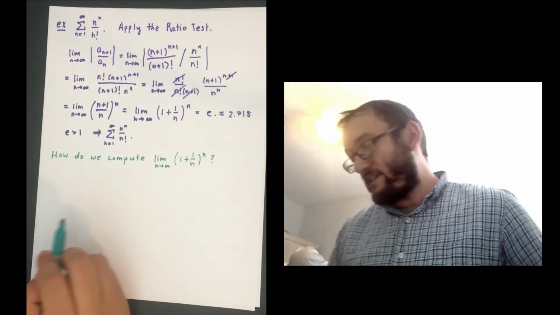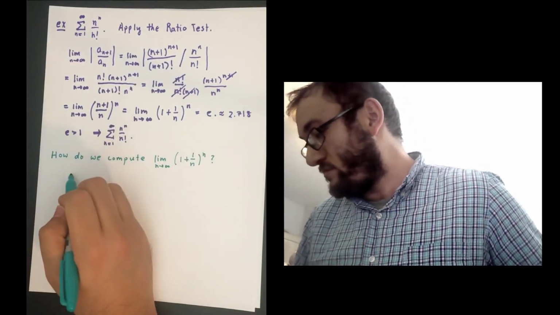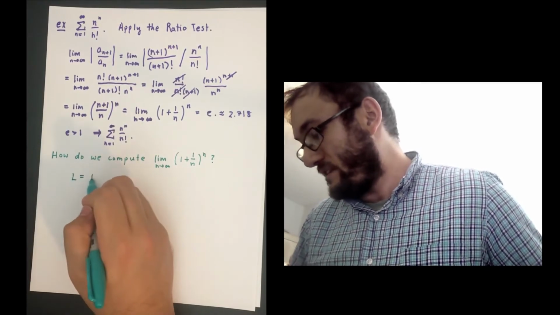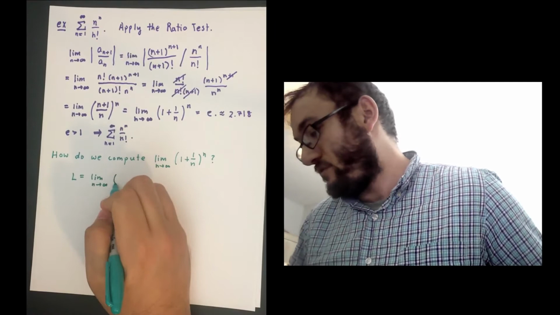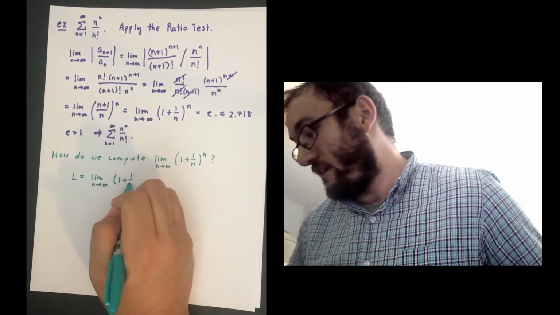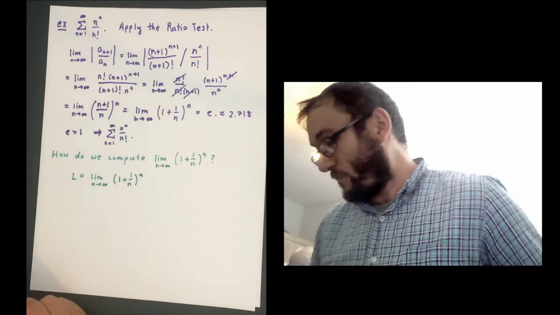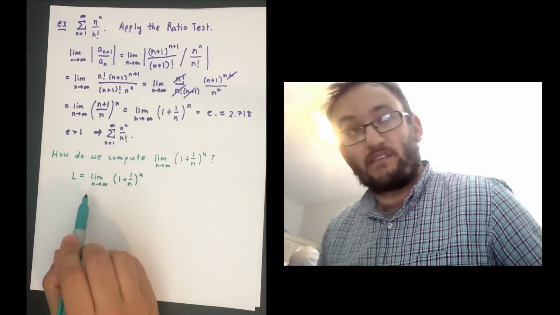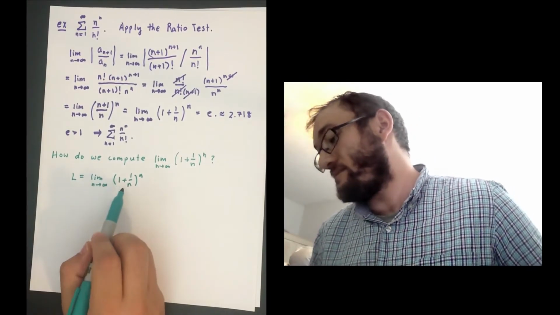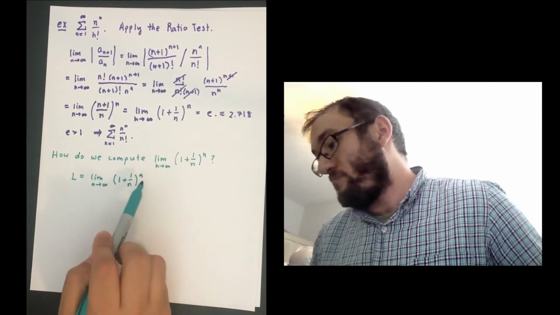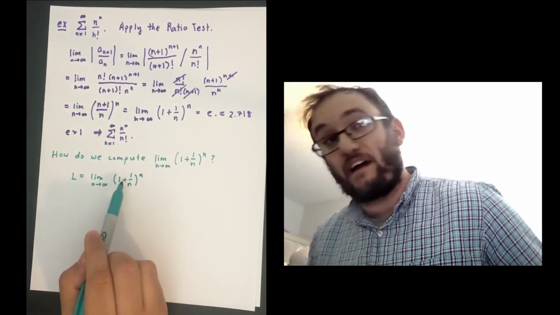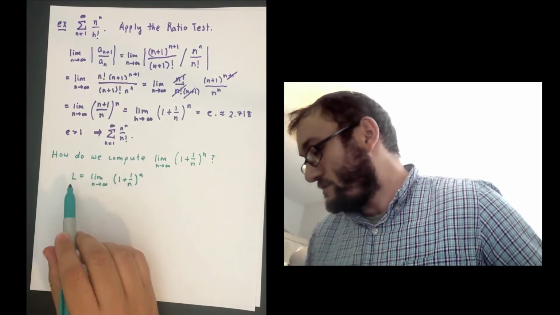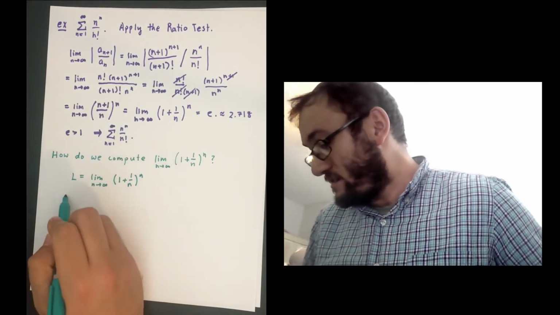One way you can do that is you could say, let's assume L equals the limit as n goes to infinity of 1 plus 1 over n to the n. Okay? It's fair to assume this isn't anywhere near 0 because it's always a positive power of something that's larger than 1. So we can take the log of both sides